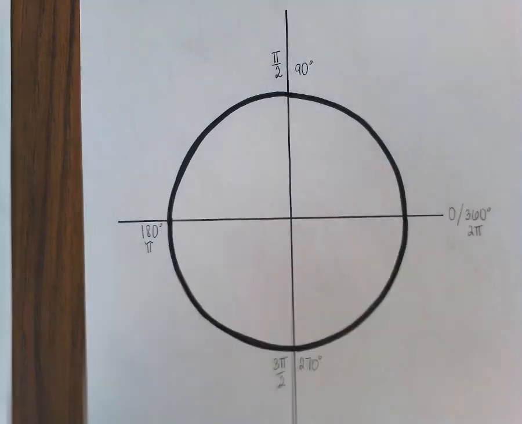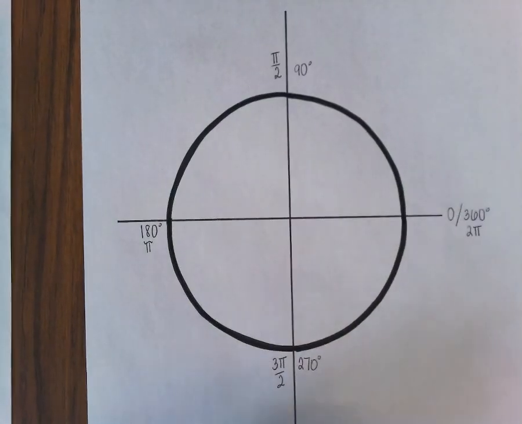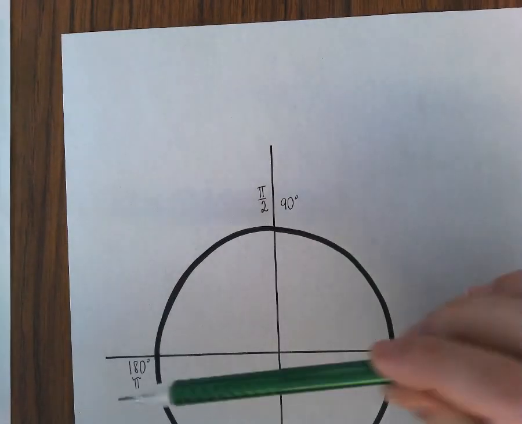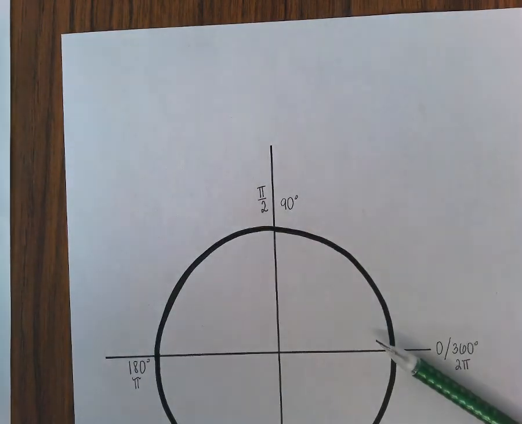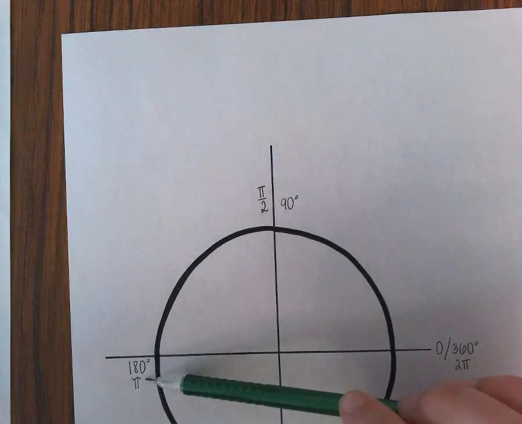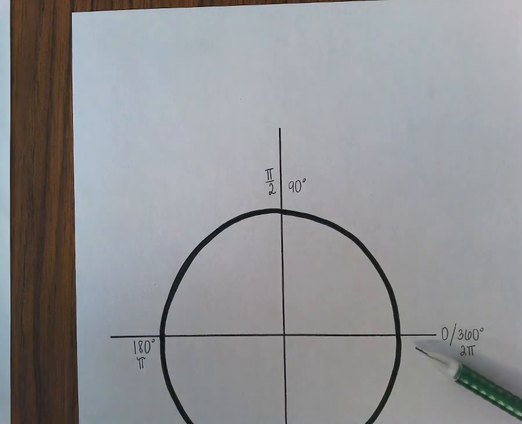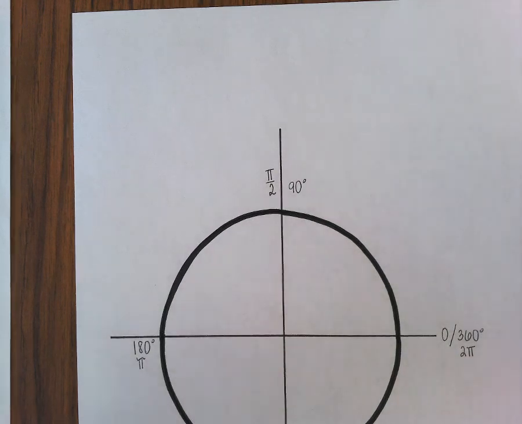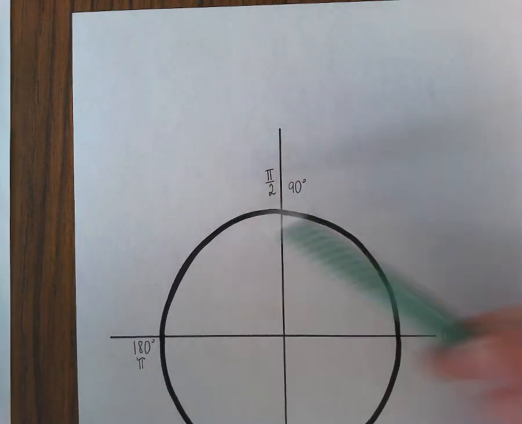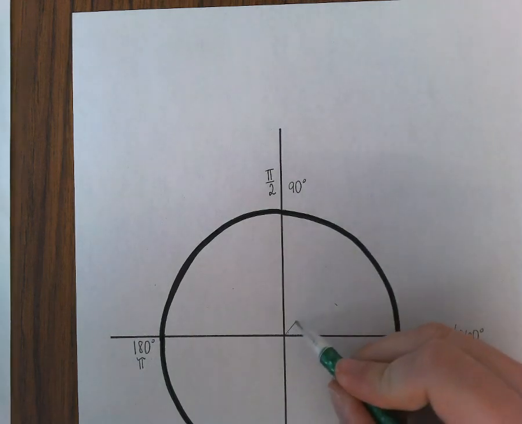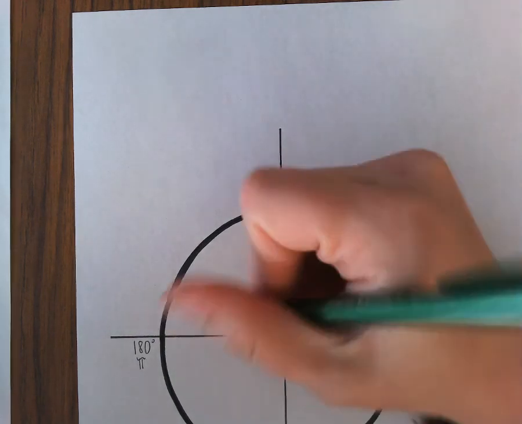Now, I'm going to focus on the upper half of this circle for a minute. I'm just going to look up here. If I take this half circle, and I know that the entire thing is equal to pi, I can then split up this circle into quarters, into thirds, and into sixths. And I'm going to start by splitting it into quarters. I've already got it split in half. If I take each of those halves